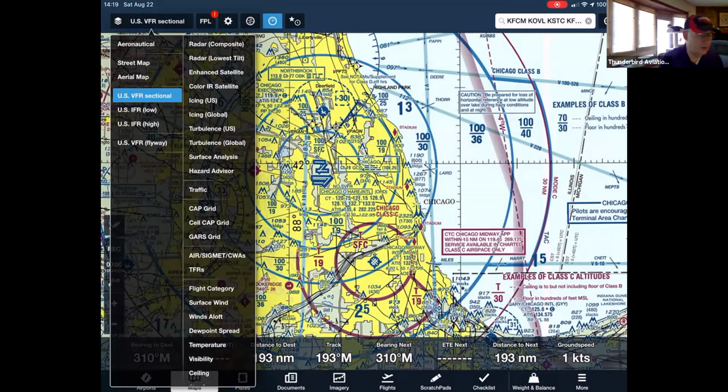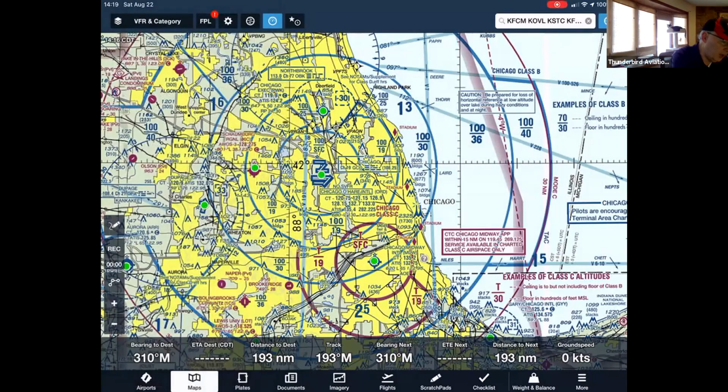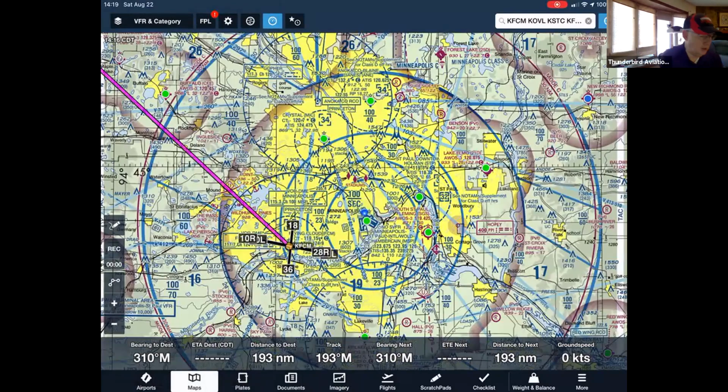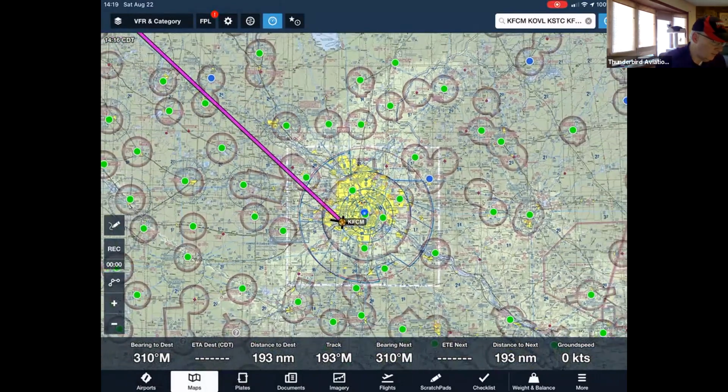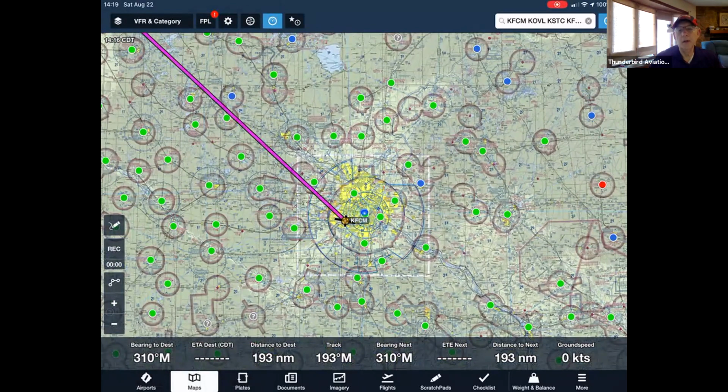Next area down there is information about the particular airports. You tap on flight category, then it sets up color coding. Those categories are set up under the old weather systems that used to be disseminated in the Outlook version of the area forecast. But the area forecast has gone the way of the dinosaurs, but most of the navigation system people have gleaned onto the weather categories from that